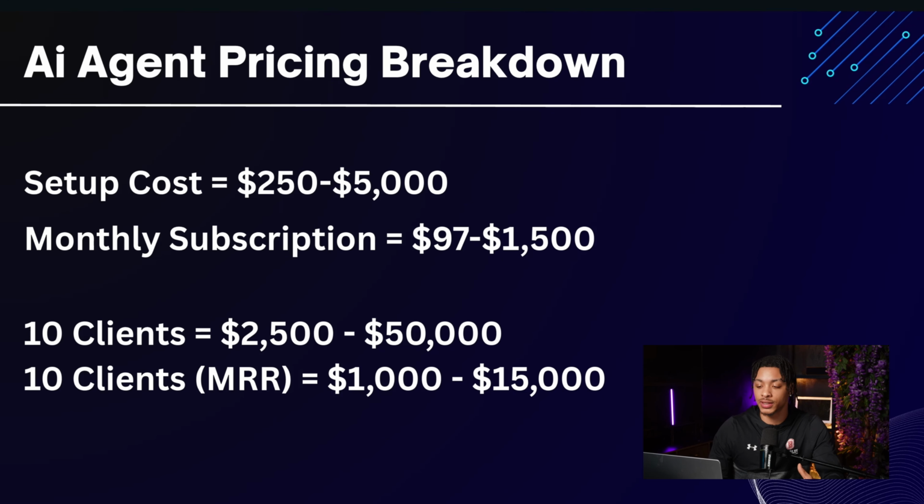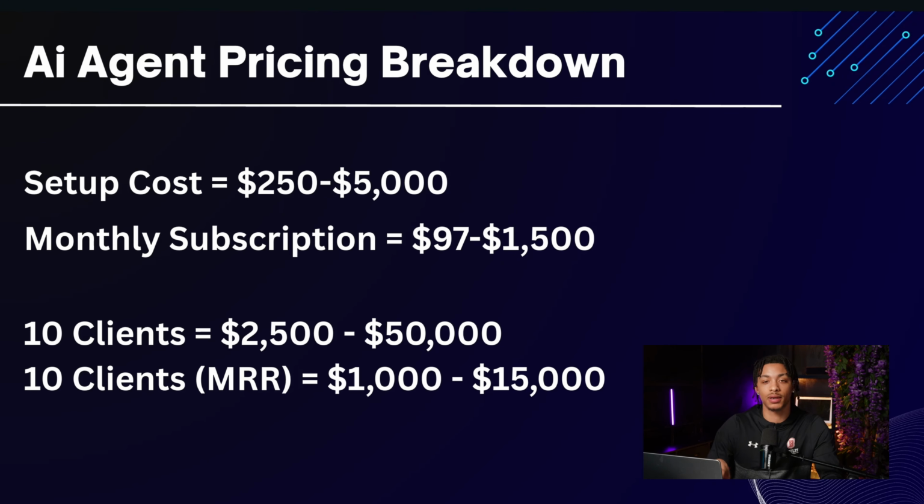Now, step 3, just so you can see how much money you can actually make selling AI agents. Like I talked about earlier, you can charge a setup cost anywhere from $250 to $5,000 for some of these AI solutions. This is very, very true. And the beauty of it is these things take you like 5, 10, 15, 20 minutes to set up per business owner, per client, per user. So the time correlation to money actually makes sense. It's not like you have to run a marketing agency where you're servicing a client for months and months and months, running their paid advertisements or anything like that, right?